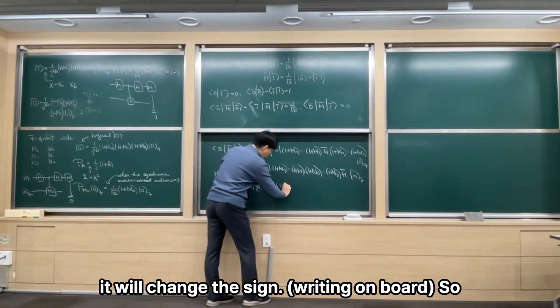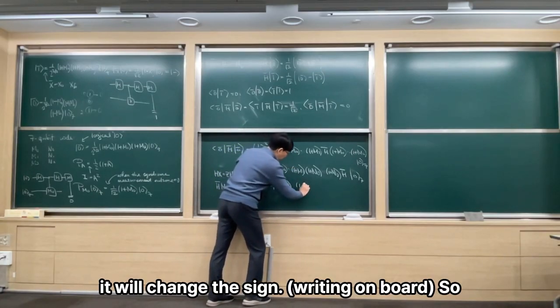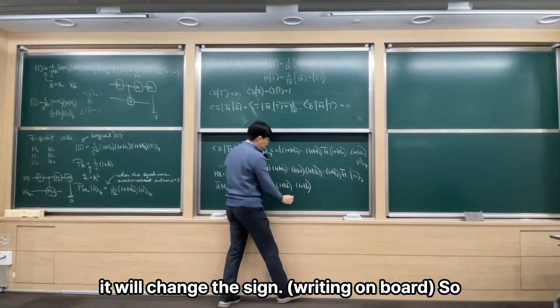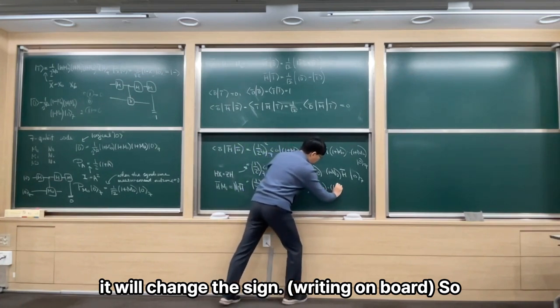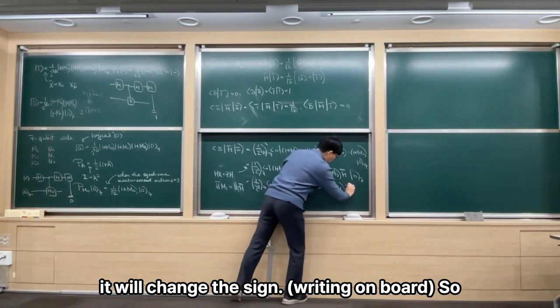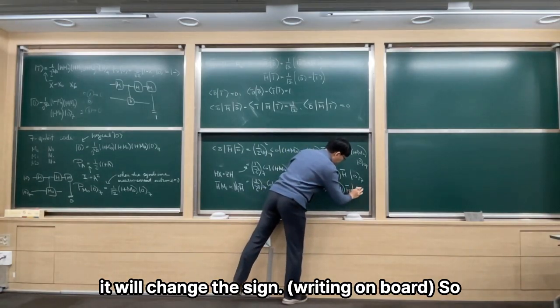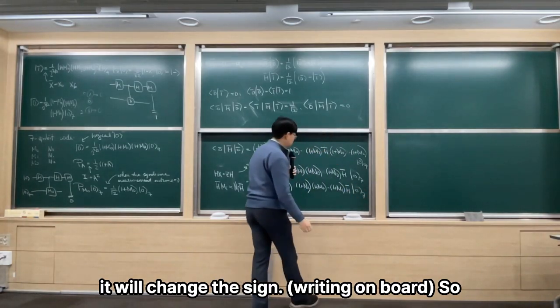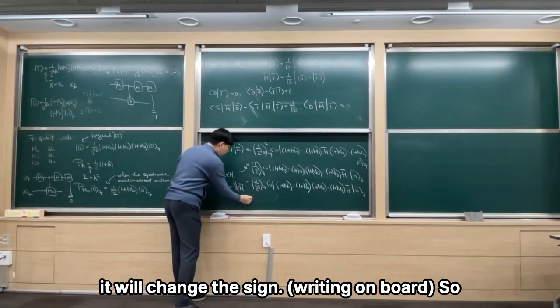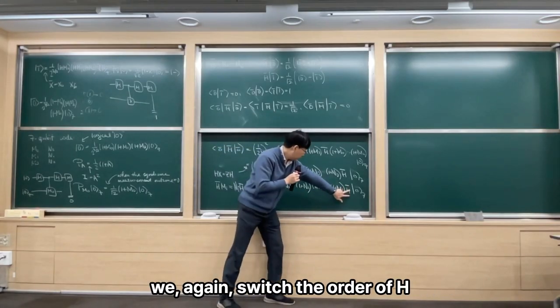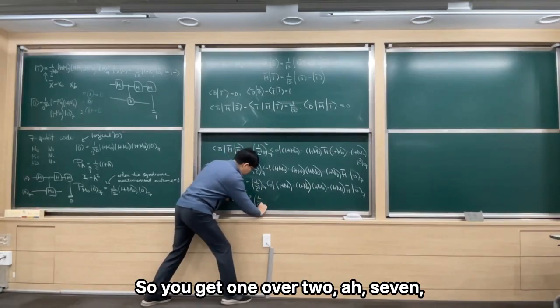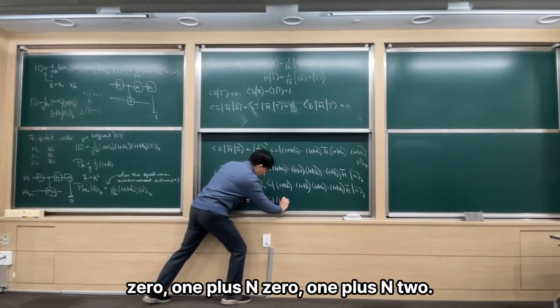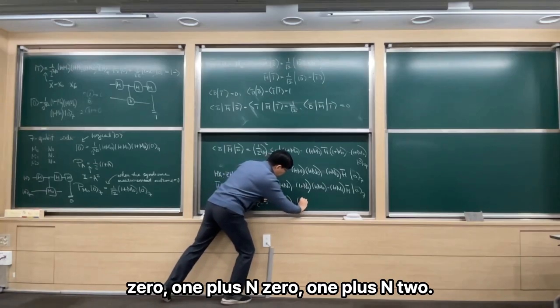So we have N0, N plus 2, and M1 plus N2, and 1 plus M0, 1 plus M2, H bar, 0 cat here. And then what? So we again switch the order of H and this M. So you get 1 over 2, 7, 0. 1 plus N0, 1 plus